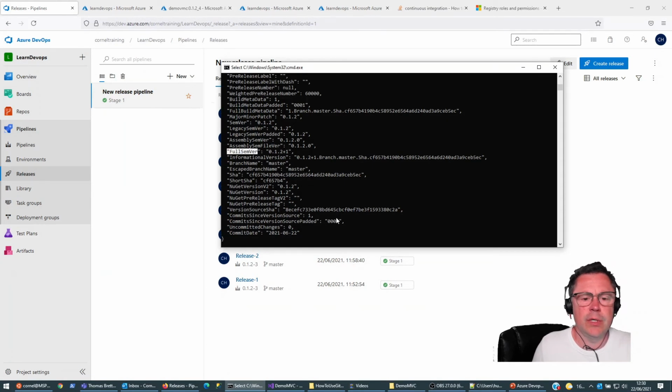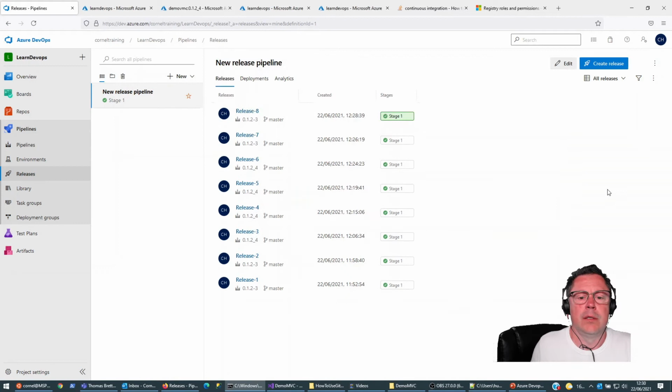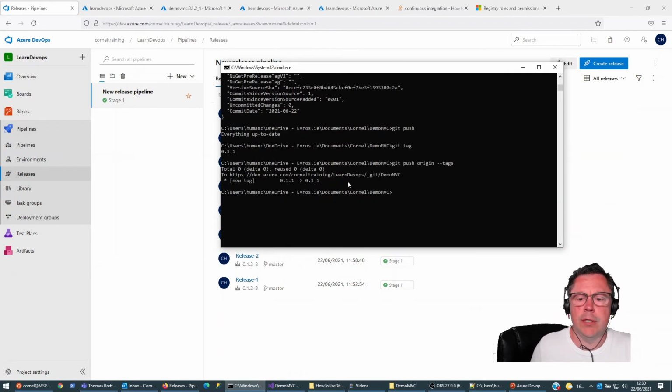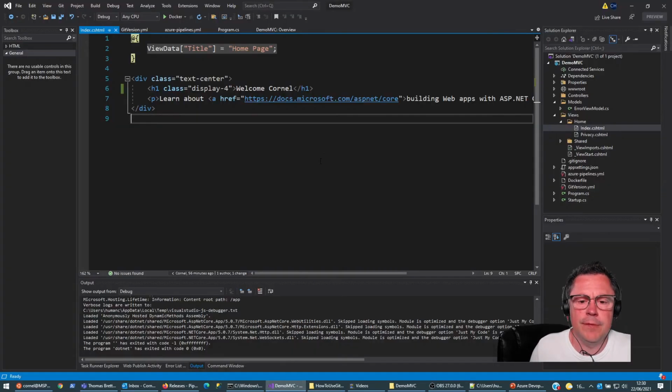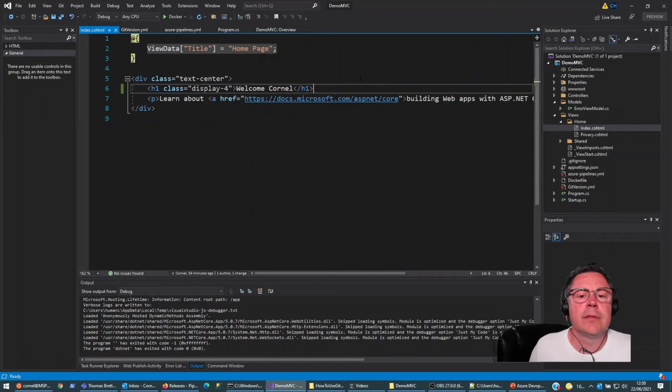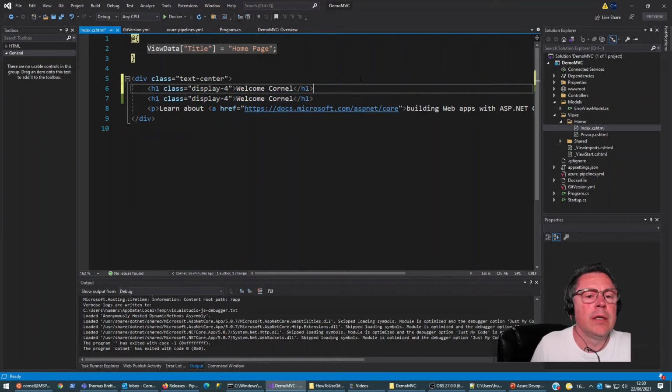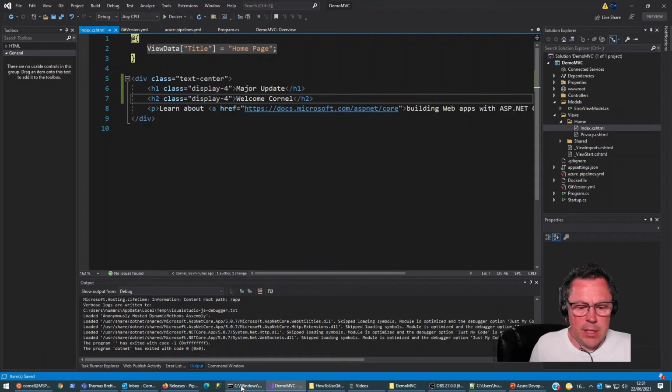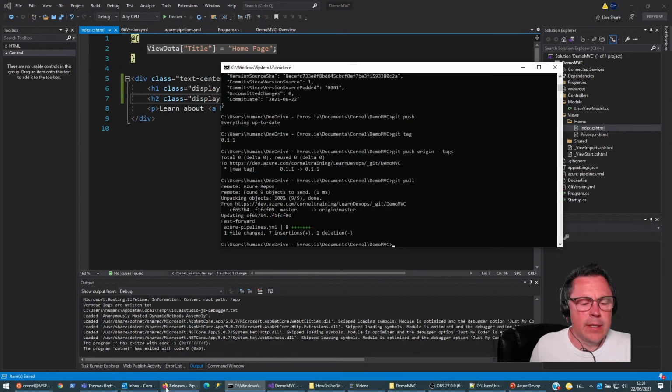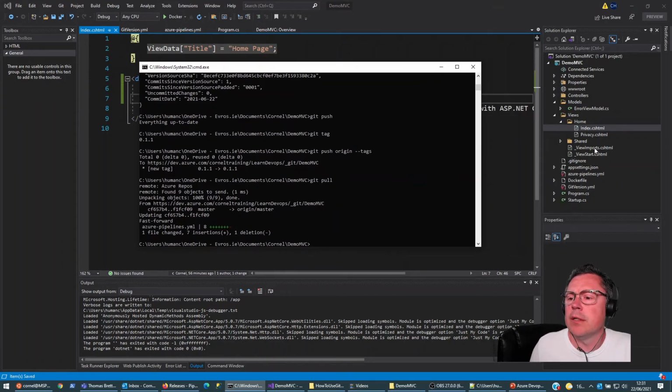So let's just do a git pull here just to get the latest stuff, and we'll just do a major update, and we'll just make this a bit smaller, and we can have a look at the